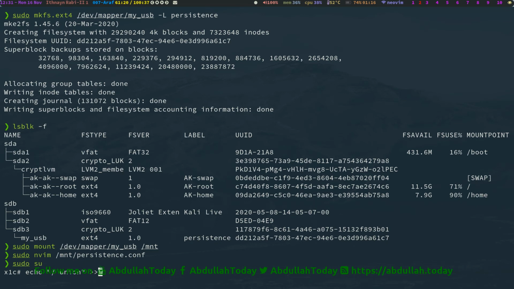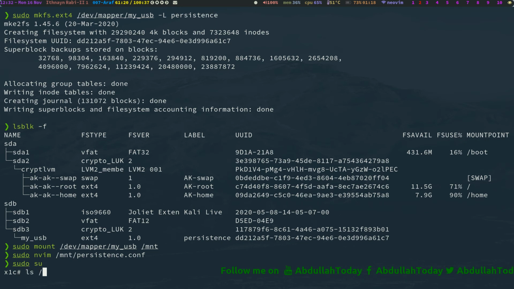Echo slash space union, and write it to where you mounted your USB drive, the encrypted partition. Just put this inside the persistence.conf file. So just hit enter and it will write a new file, persistence.conf.